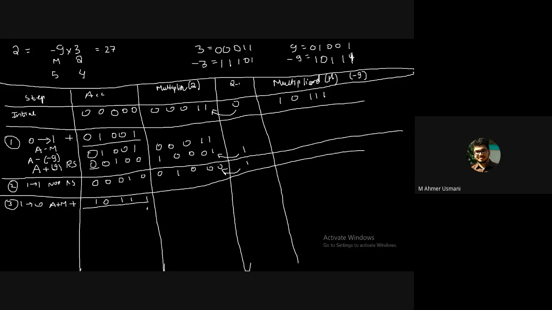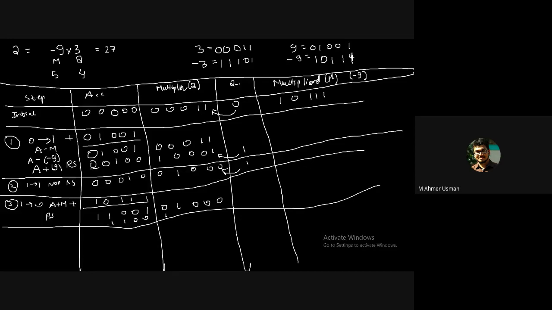What we get? 1. We get 0. Carry 1. 1 will come down. 1 will be over. Then we get 0, 1, 0, 0. Right? Everybody got this here? Yes, sir. Now perform the right shift. You'll get the final answer, which is 1, 1, 0, 0. This one will come over here.